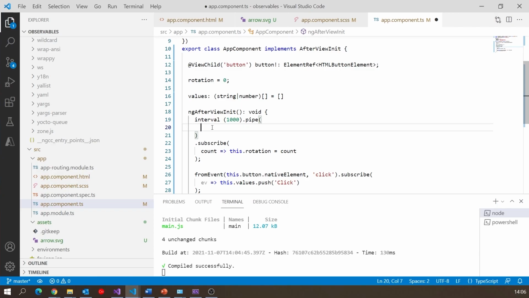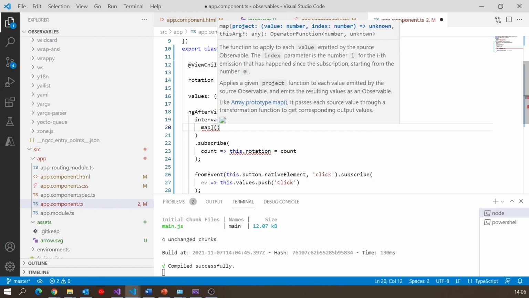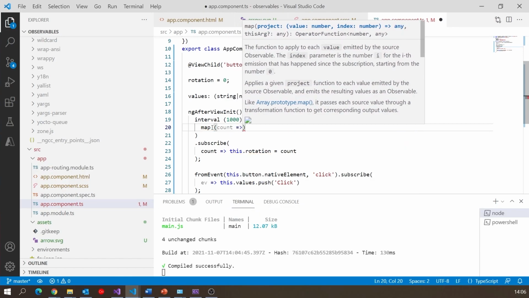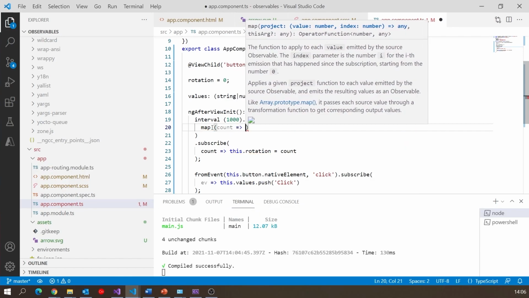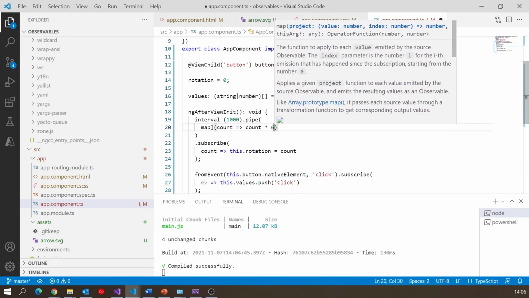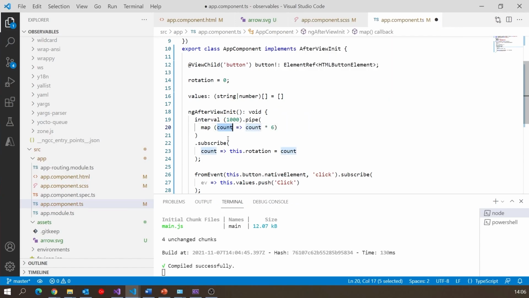It could change the value, but it could change its type, it could do things completely differently. And so the one I want to do here, I'm going to say map, and so map allows us to convert each value as it comes through into a different value using some kind of transformation. So I'm going to say count gives, and then the problem is we've got 360 degrees in a circle and we want a 60th of that, so that should come to 6 degrees per second. So we need to say count times 6.